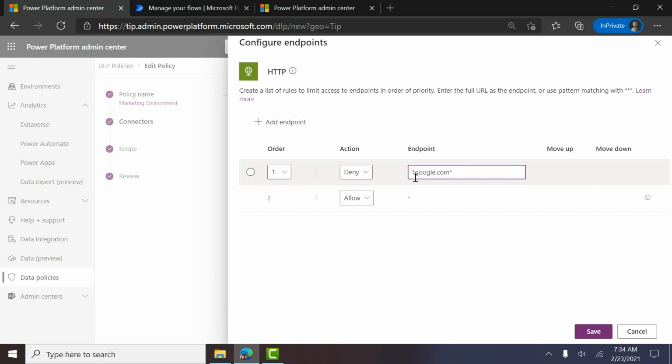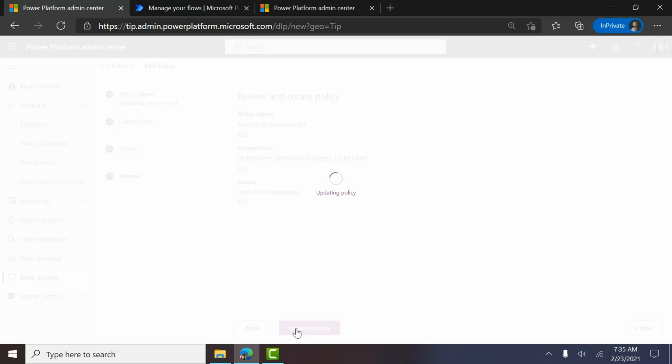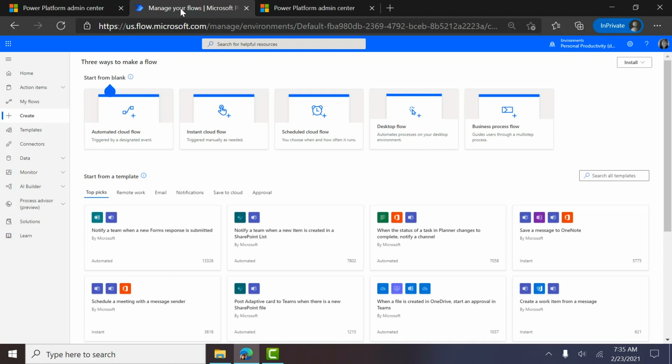I'm starting it with a star so that this rule will apply regardless of whether I use the HTTP or HTTPS protocol, and I'm adding a star in the end to make sure that the rule applies for all sites under the domain. So now I can access all websites apart from Google, and I can go ahead and save that policy. And I will deselect the connector, and I will go through and update the policy to make sure it's applied. Now with that, let's move into Power Automate to test out this connector,